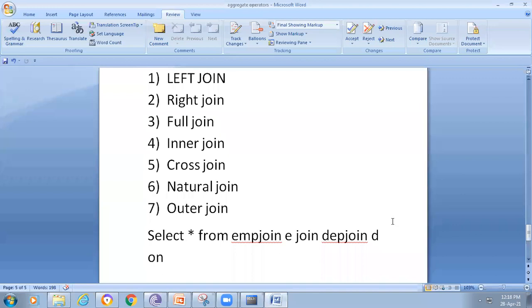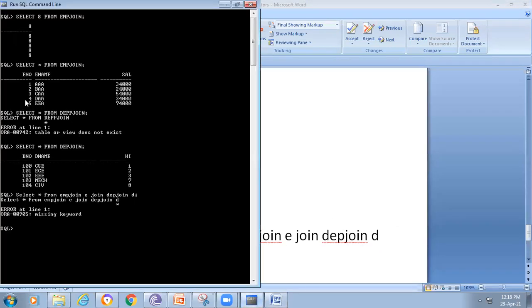So which fields are common here? If you observe here, this table name is E and this table name is D. So now E.ENUMBER equal to D.HIGH. If you observe here, the first three and the first three are the same.